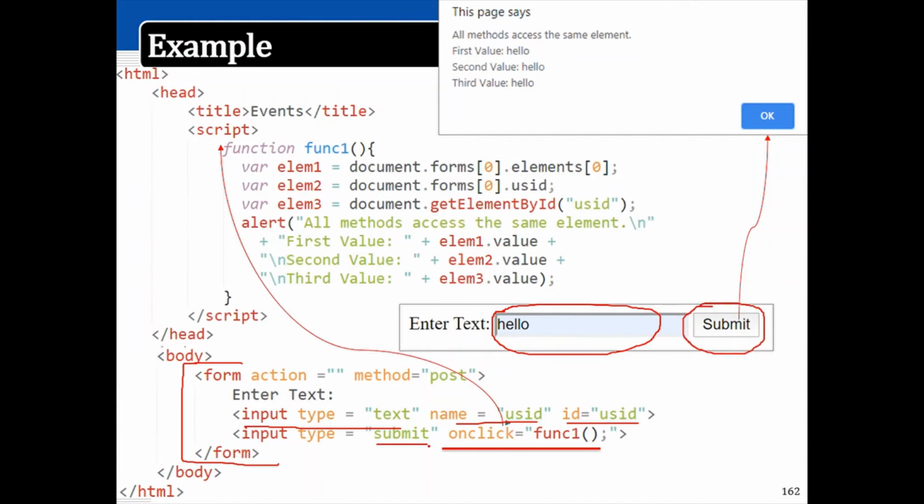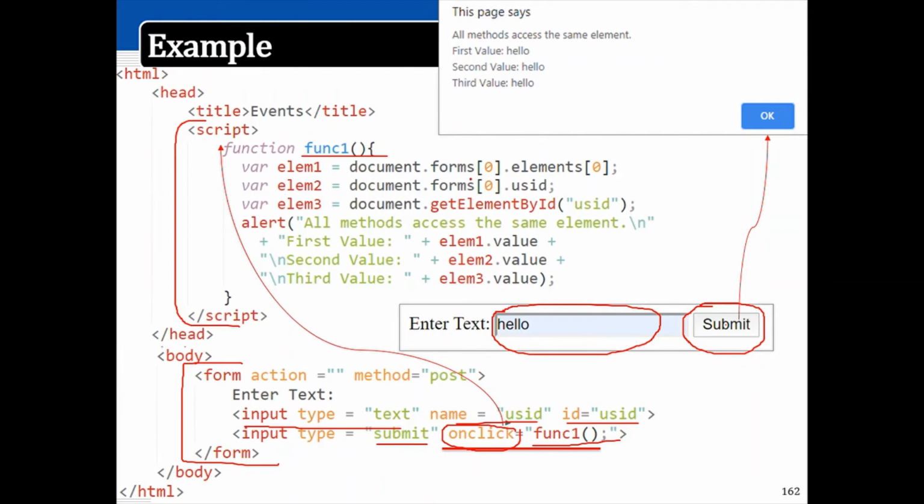Input type is equal to submit, and I have defined an onclick event over here. onclick is equal to function1. So on clicking this button, it will access function1, which is defined within the head portion of the HTML page. We will see what it does one by one.